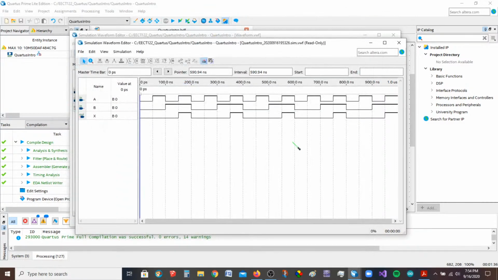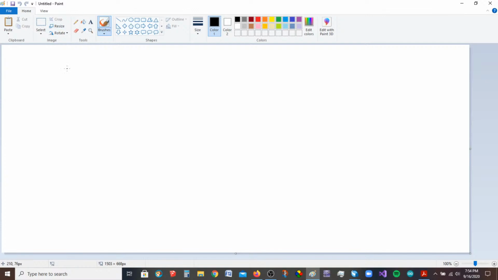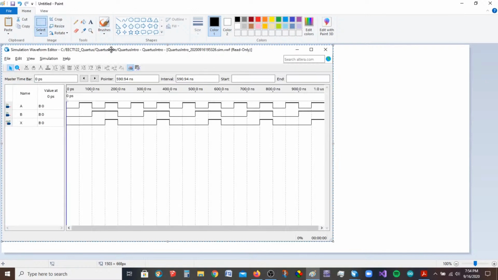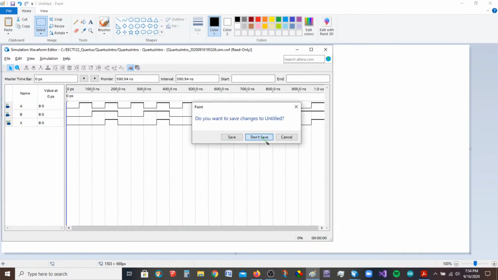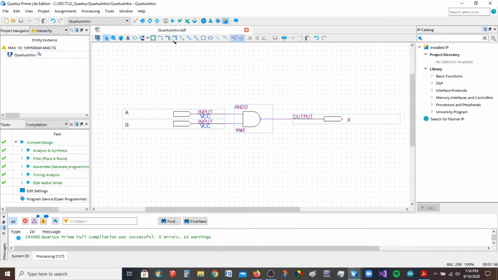The other way is to do an alt print screen, and then start Microsoft Paint, and then you can come in here and do a Control V, and then you can do a file save as, and save that as a picture as well. Okay. In terms of the BDF, because I can't open a BDF in Canvas, same thing. I would just do either an alt print screen, or I would do a Snip and Sketch of the